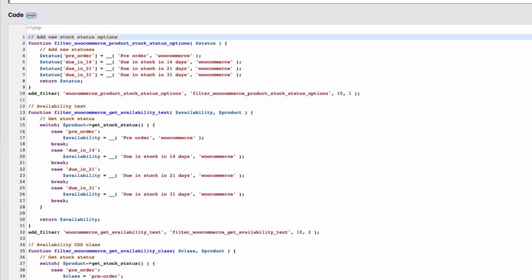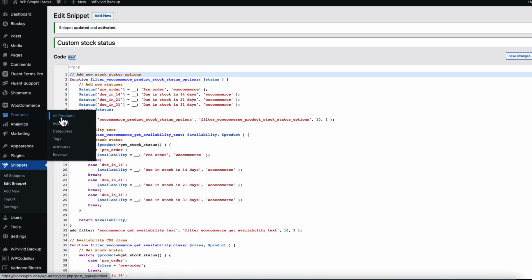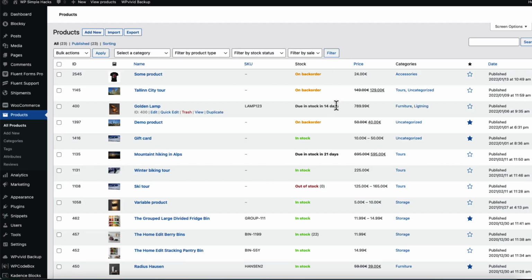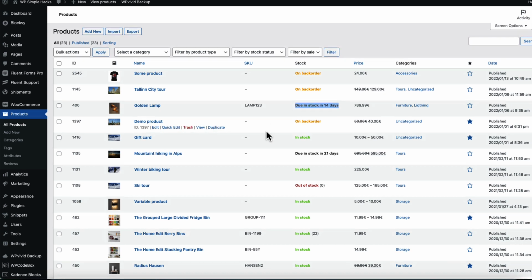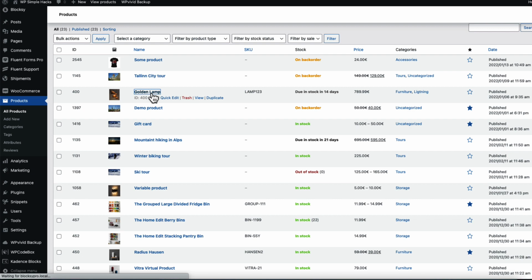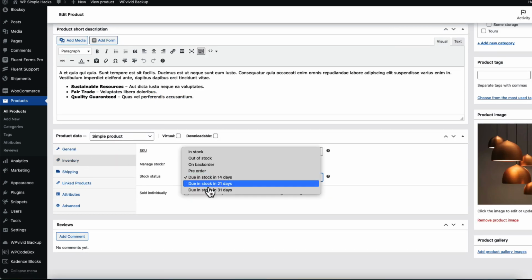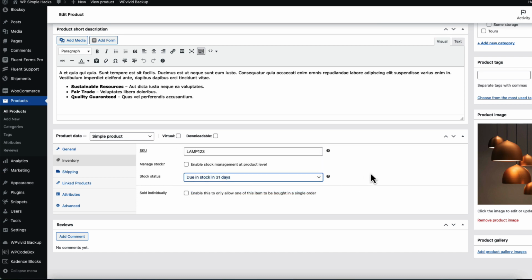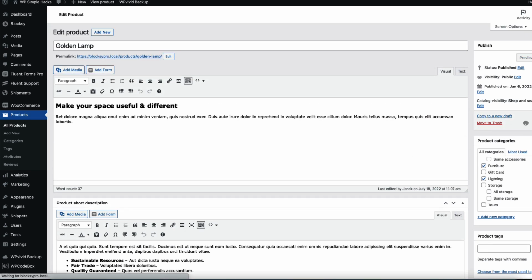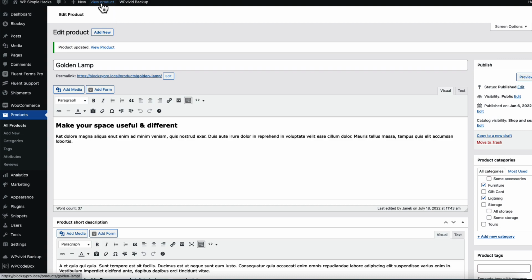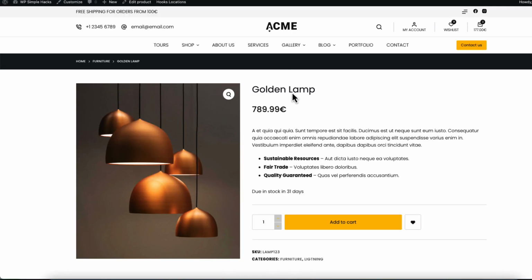Let's see how does it work. I'm gonna go to the products, all products, and first thing, as you see, if the product has a custom stock status, then it shows also here. If I open this product and scroll to the inventory, those are the custom stock statuses here. Let's choose due in stock in 31 days. I'm gonna update it. Let's view the product itself. As you see, the stock status appears here, which means it works well,